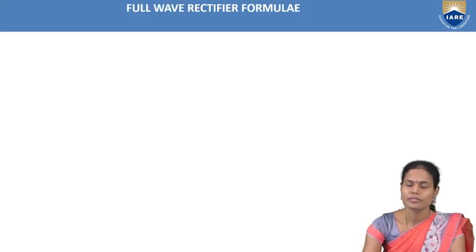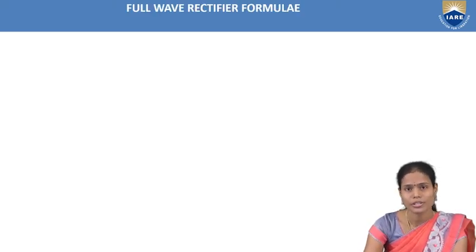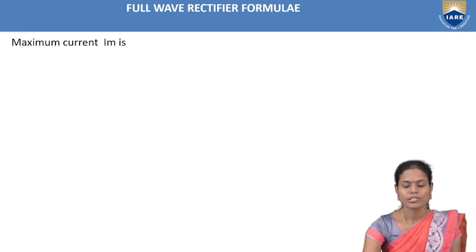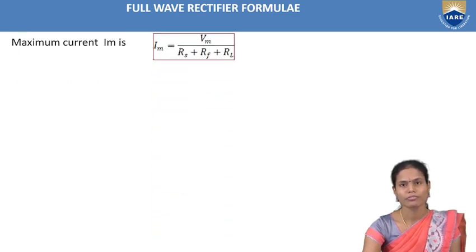And next one is, till now we have discussed the problems related to the half wave rectifier. So next we will see the full wave rectifier formulas, then we'll go with the problems of the full wave rectifier. So the maximum current Im in the full wave rectifier is again similar to the half wave rectifier, that is